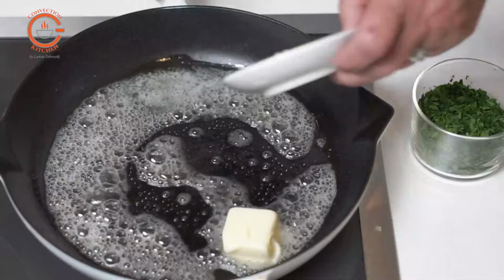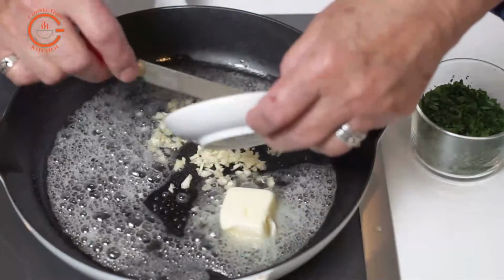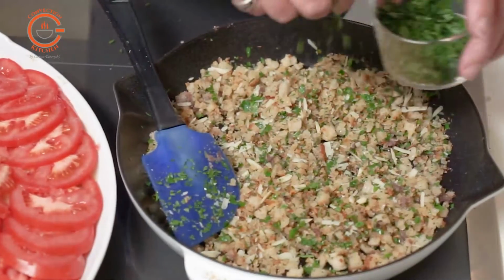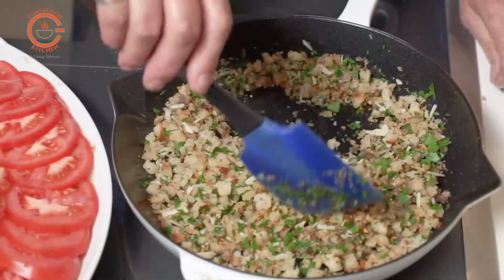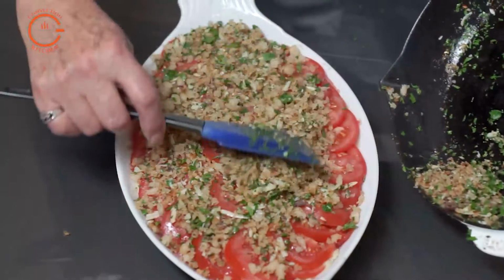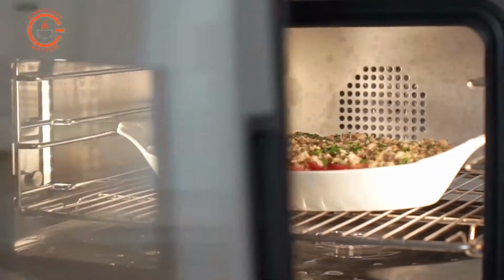First, some chopped garlic is gently cooked in a little butter, and then fresh breadcrumbs are stirred into that mixture and cooked until golden. Allow the mixture to cool slightly and then stir in the chopped fresh parsley and the grated Parmesan cheese. Spread it over the top and then bake it in the oven in the convection bake mode,